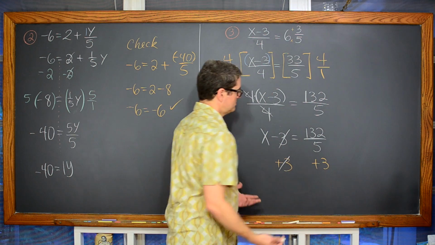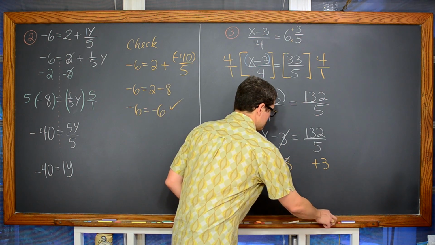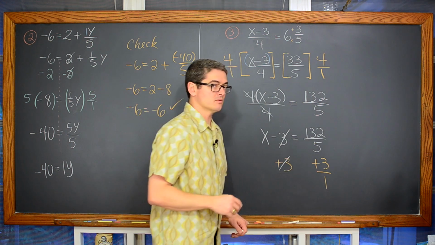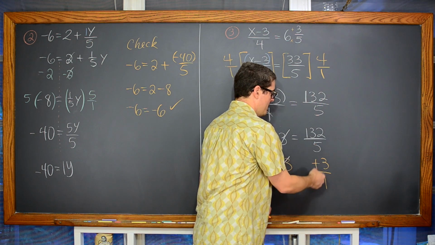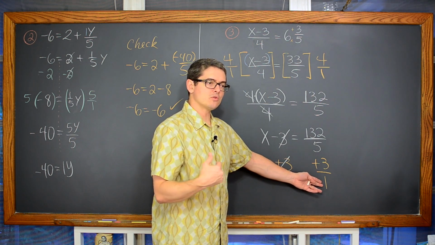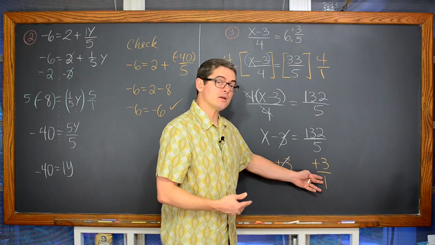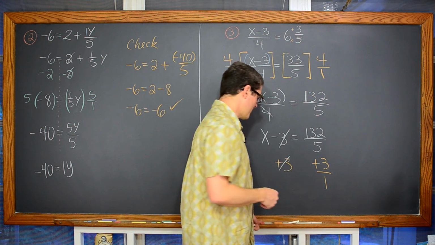Over here we're adding fractions now, right? So to add fractions, you need common denominators. So I have a denominator of 5 and I have a denominator of 1, and when you have a denominator of 1, you can turn 1 into anything by multiplying. So I'm going to multiply this orange fraction by 5 over 5.